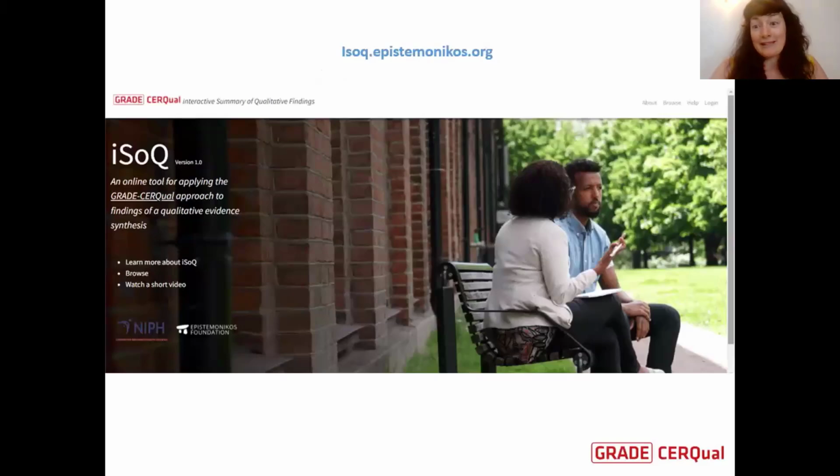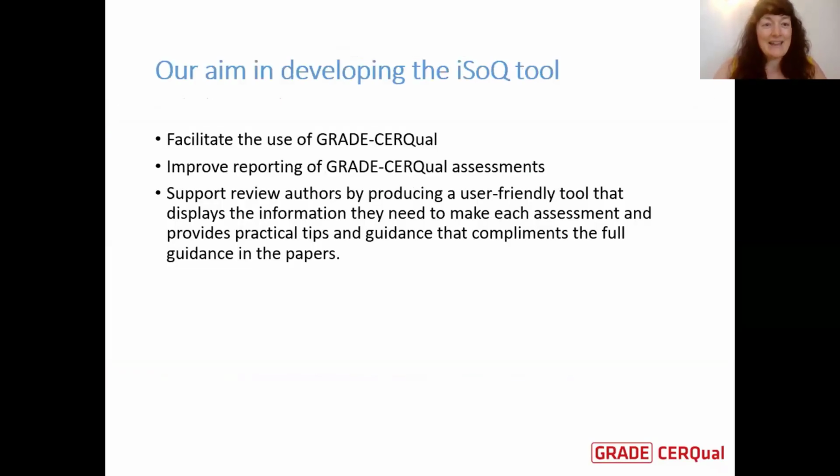Okay, and then here we get now to the iSoQ tool. So that's my super mini background on QES and GRADE-CERQual. Now, iSoQ, why did we develop it? To facilitate the use of the GRADE-CERQual approach, to improve reporting, and also just provide a user-friendly tool that helps display the information that review authors need to make their assessments and to kind of complement our full guidance